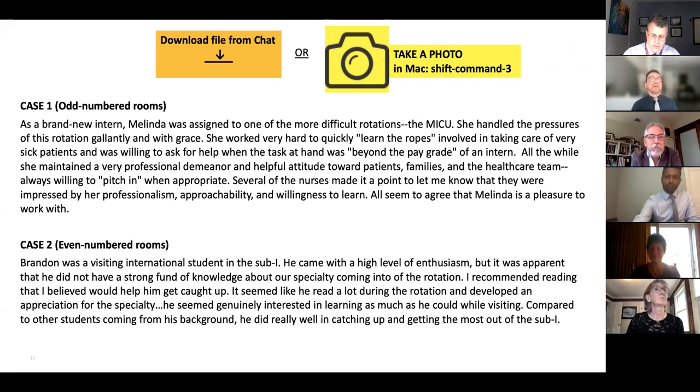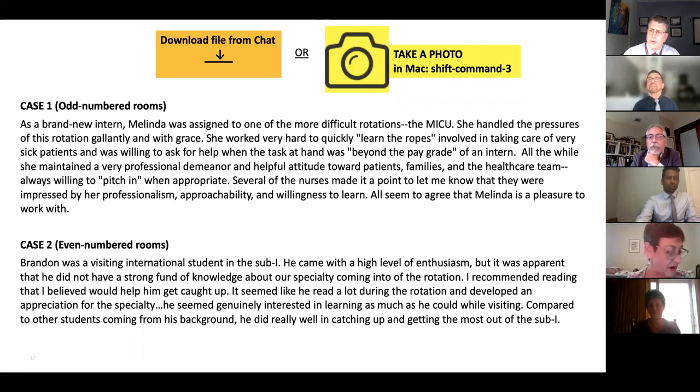So anyone from the odd numbered rooms, do you have anything to add to that? Or what in particular was the problem with this particular case? So I think we were in breakout group 5, and we talked about how the letter was primarily an evaluation using grindstone words and personality attributes of Melinda, and very few competence words.